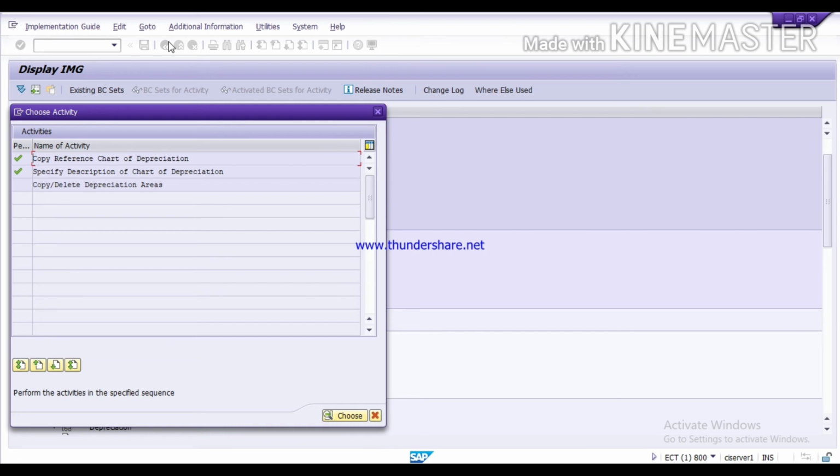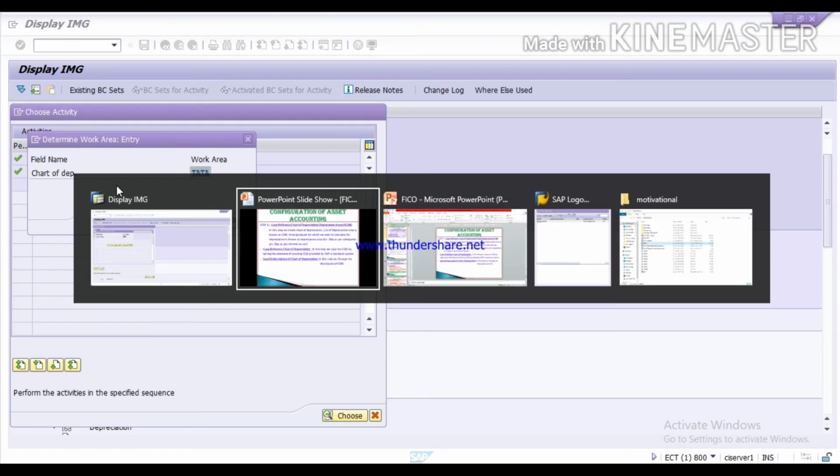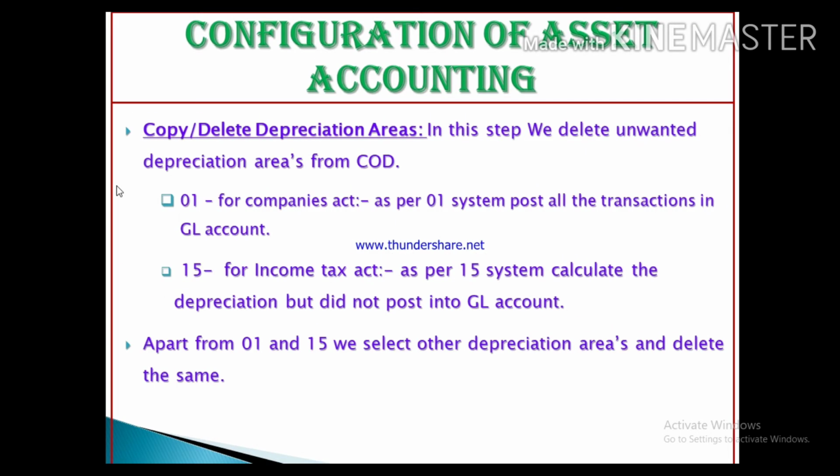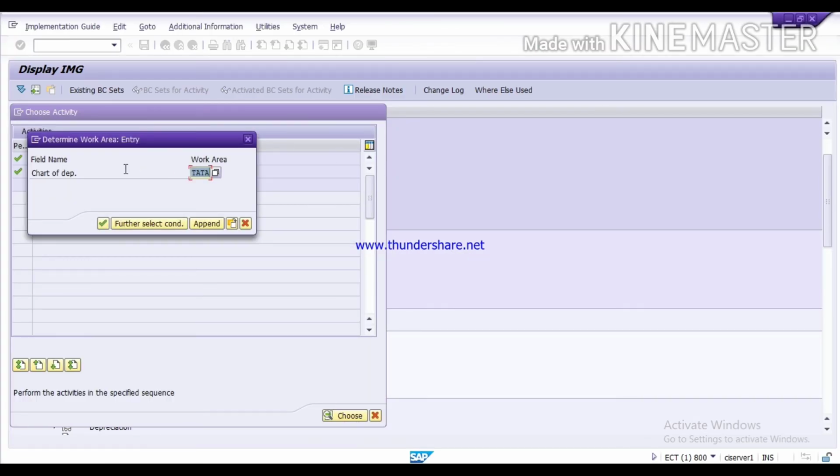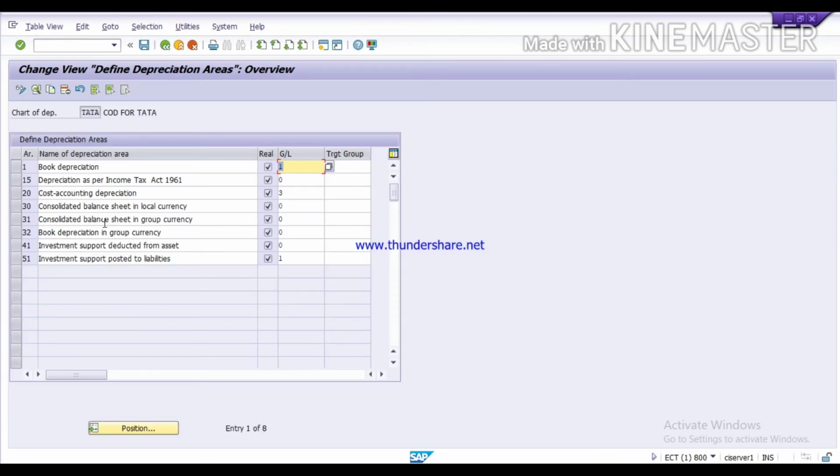Get back. Next step is copy, delete depreciation areas. Double click on it. Now in this step we will delete unwanted depreciation areas from chart of depreciation. Continue. Here you can see our chart of depreciation is Tata, which we have copied from the standard chart of depreciation, that is 1IN.